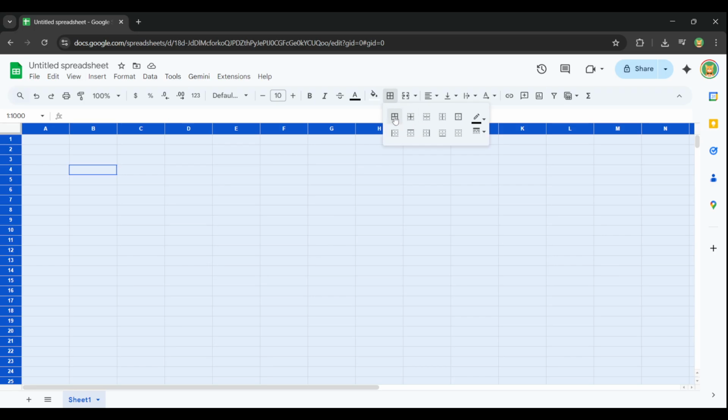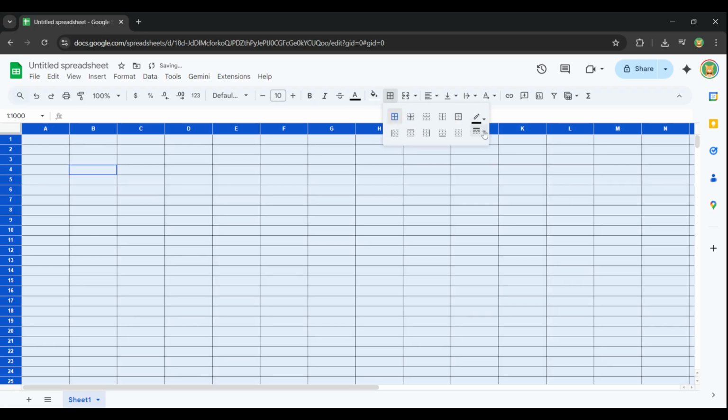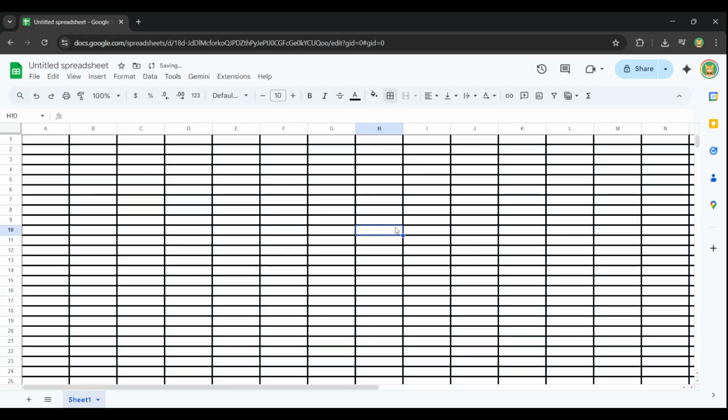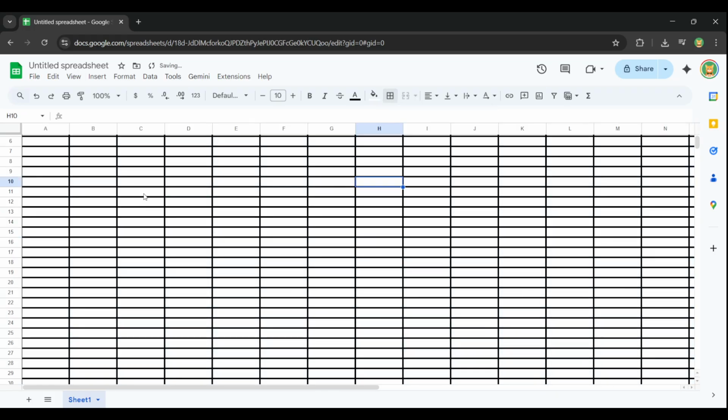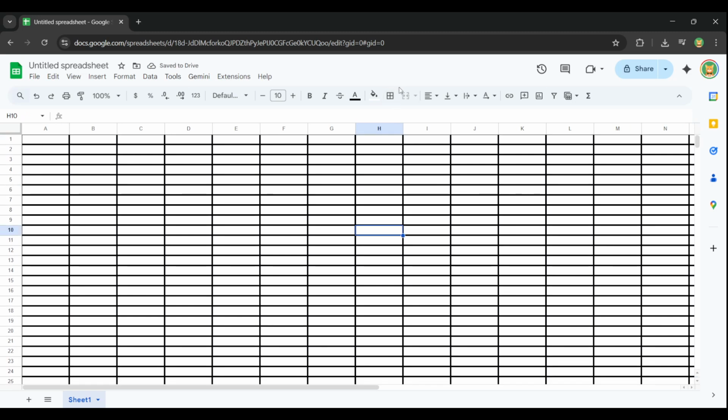That's all there is to it. Select the entire sheet, open borders, and choose All Borders. In just a few seconds, you've given every cell a crisp outline that looks professional and is ready to share or print. If this saved you time, keep these steps handy for your next spreadsheet and enjoy a cleaner, more